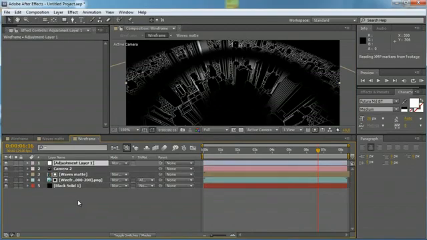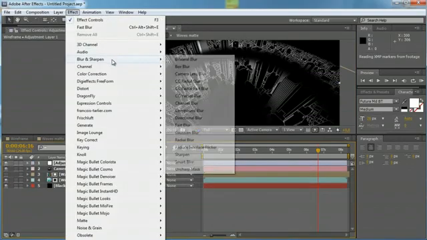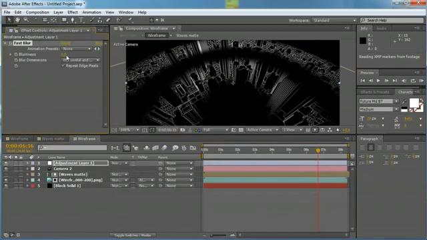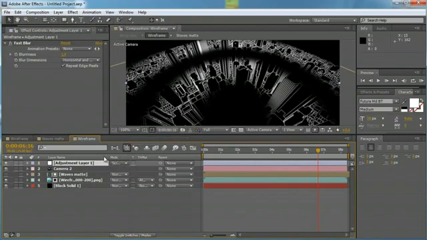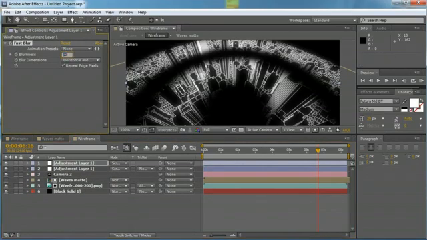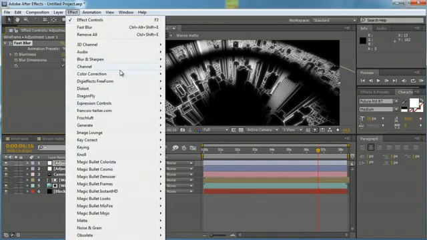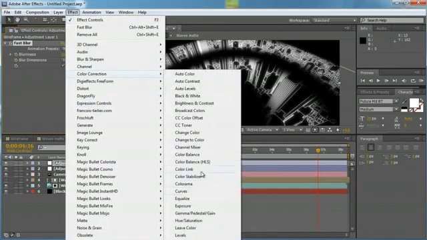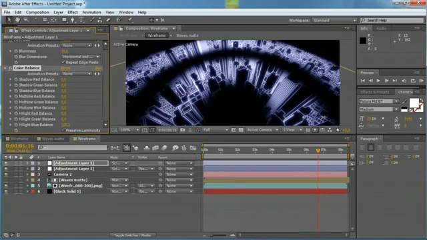create an adjustment layer, Ctrl Alt Y to create the adjustment layer, come to blur, fast blur, repeat edge pixels, set the blurriness to 1, set the blending mode to screen, duplicate it and set the blurriness to 20 or 10, come to effect, color correction, color balance, set the blue balance to highlight blue balance to 100% and the mid-tone balance to 50, and check the reverse luminosity